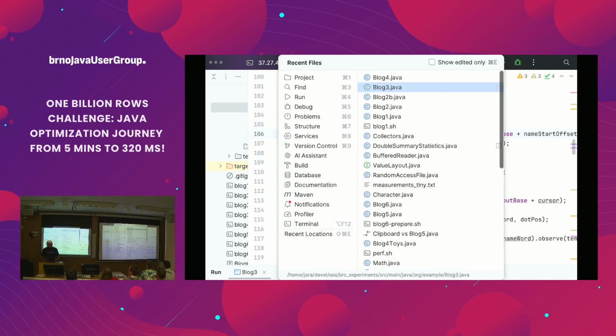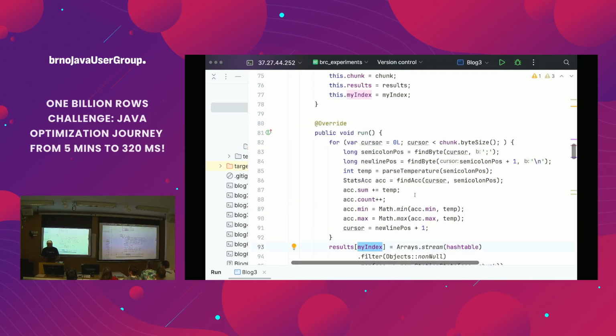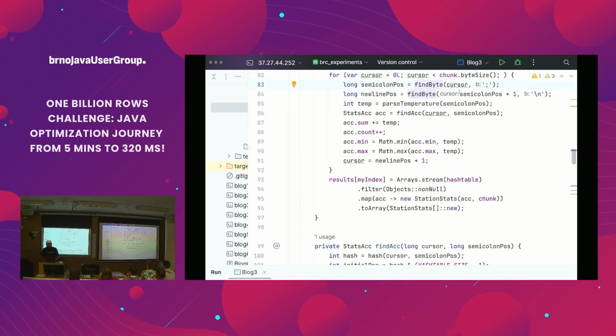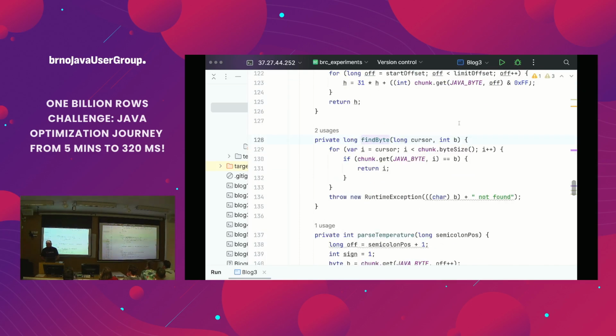The interesting part is this. Let's have a look at the previous version. In the previous version, I have this findByte. How does it work? There is a loop, let's say I want to find a semicolon, right? I call findByte with semicolon, and it's iterating. And once it finds that semicolon, it returns. So basically, this is a super unpredictable branch, because whether this will return or not depends on the length of the city.